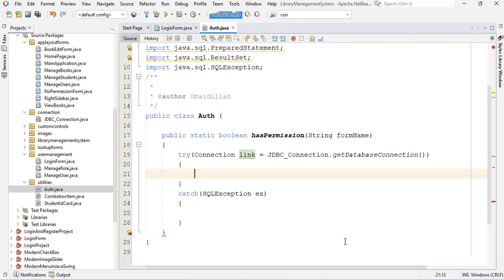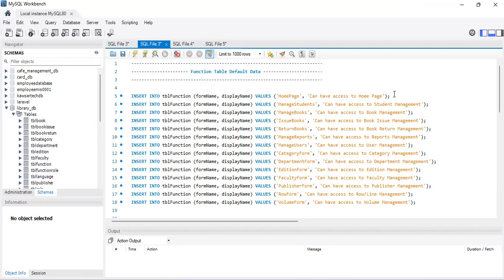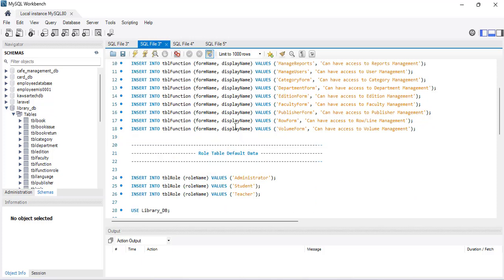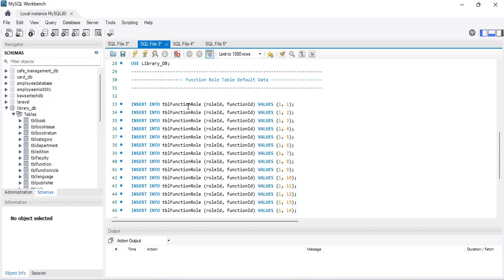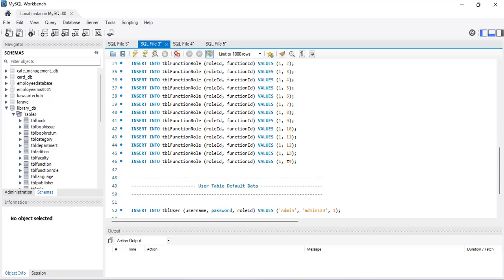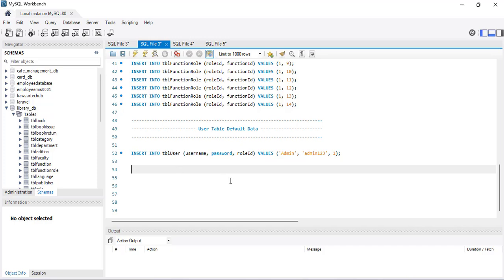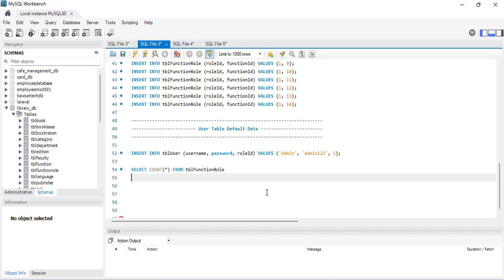For that, we want to open MySQL Workbench. And here we will write a query to get the data from the function table and from the function role table. We have two important tables, the function table and the function role table. We want to write that query here. Simple, select count. We want to use the count function. Count all from tbl_function_role, and we will join the function table. Simple. Inner join